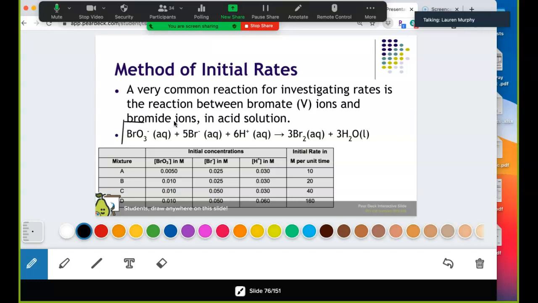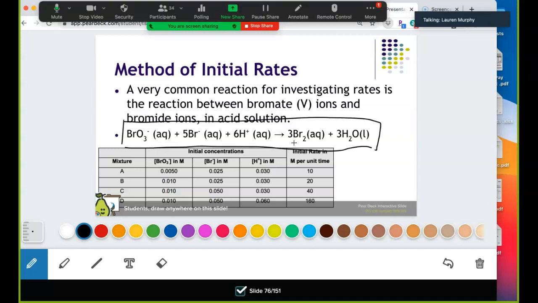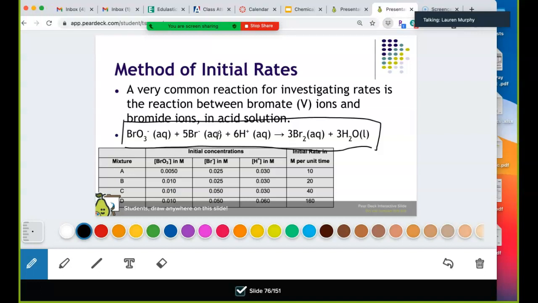This should look like a net ionic to you. And the question is, why does it look like a net ionic? Well, because you see charges, right? That's a big hint that it's a net ionic. I see charges in my overall reaction. So, having said that,